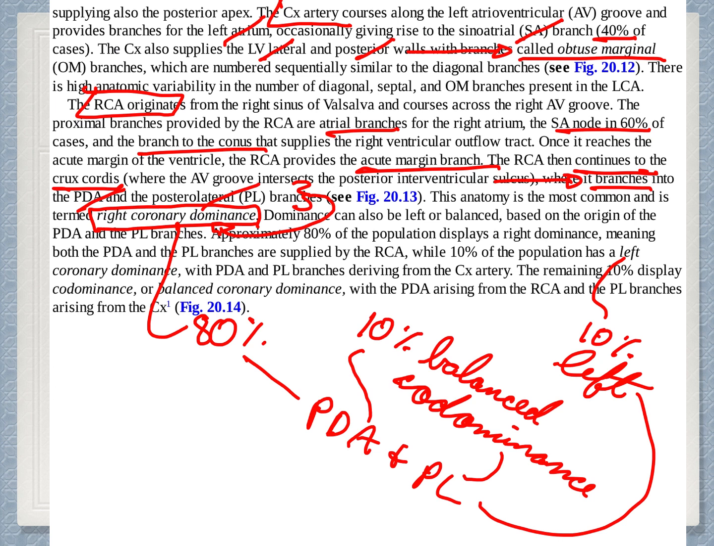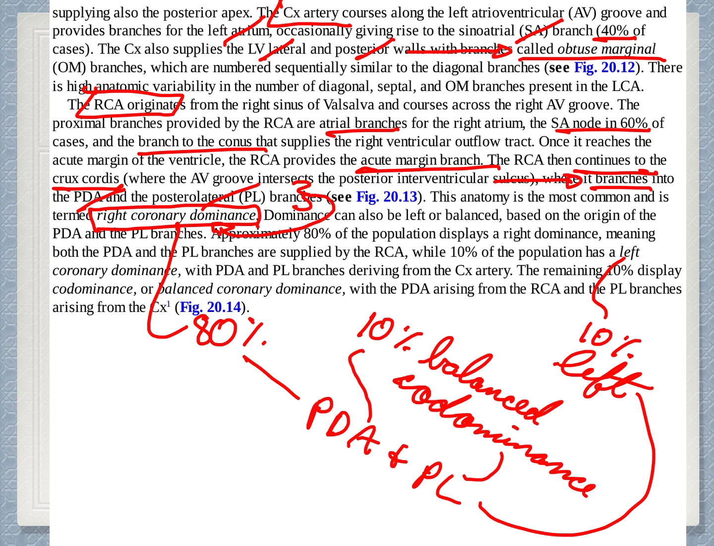It continues to the crux cordis, which is where the AV groove meets the posterior interventricular sulcus, and here it branches into the PDA, or posterior descending artery, and the posterior lateral. Both of these arteries, the PDA and the PL, are the ones responsible for the dominance of the heart, the coronary dominance. Dominance is synonymous with those arteries, the artery or the side that is in charge of supplying this